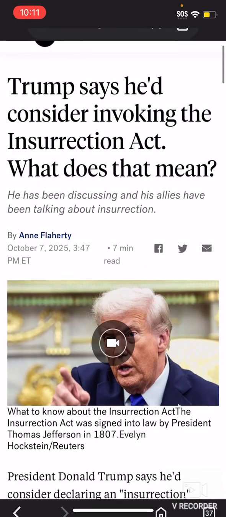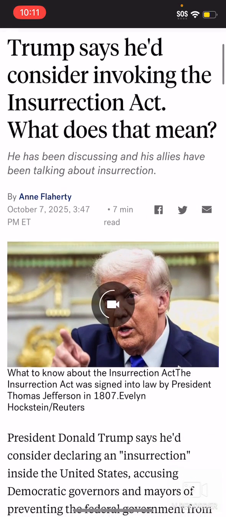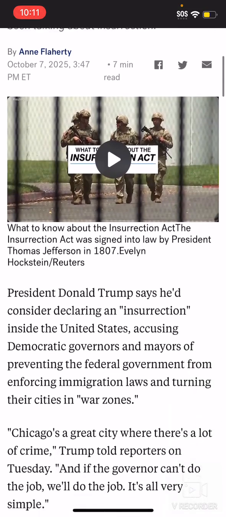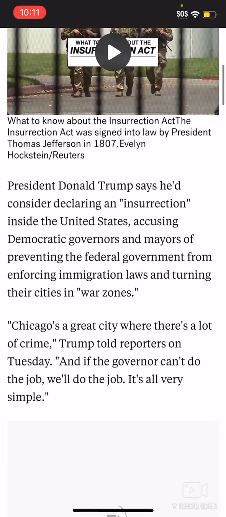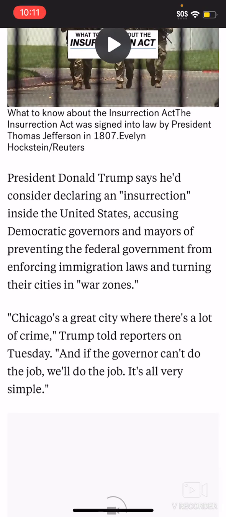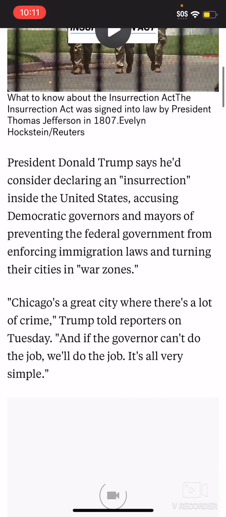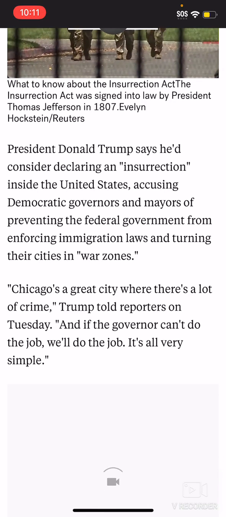Trump says he is considering invoking the Insurrection Act, and what does that mean? It says President Donald Trump says he's considered declaring the insurrection inside the United States, accusing Democratic governors and mayors of preventing the federal government from enforcing immigration laws, and this is all coming up against